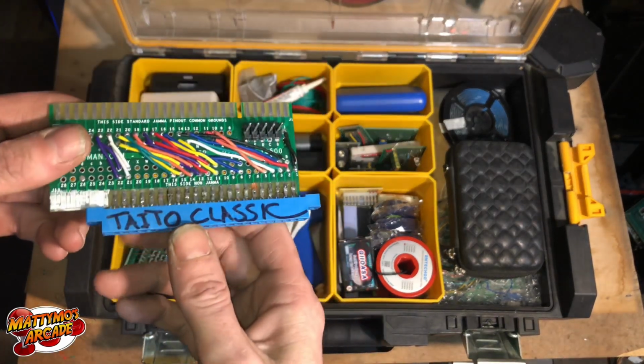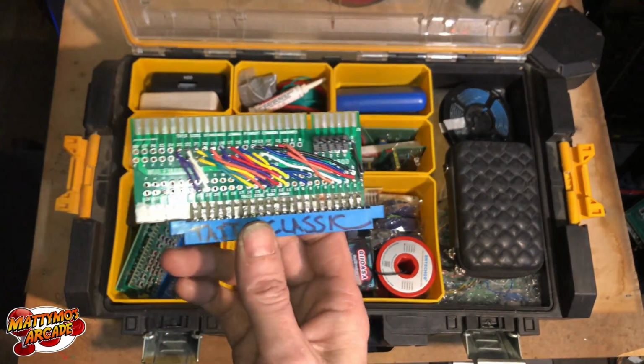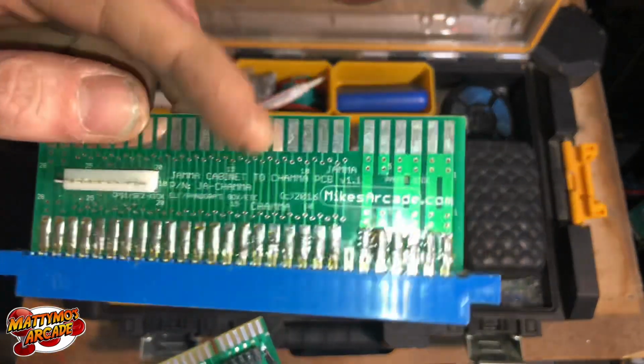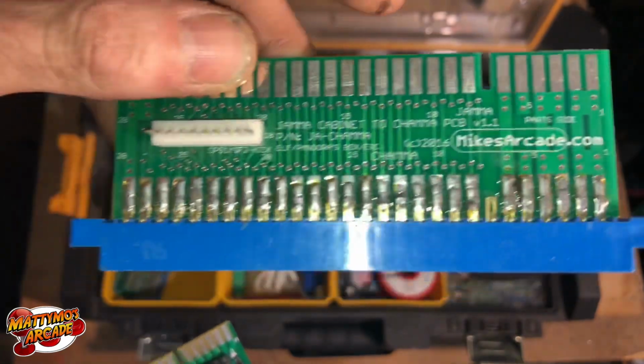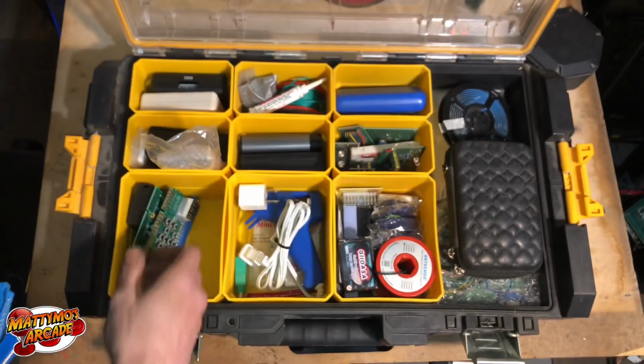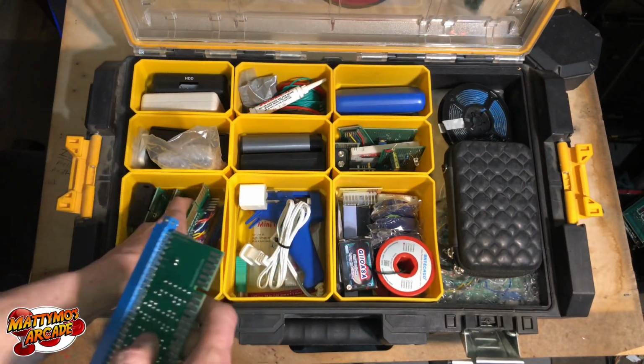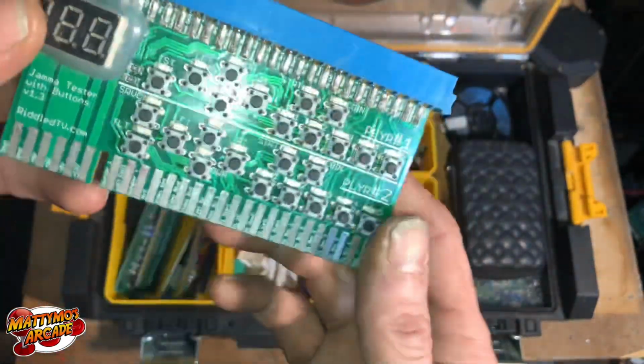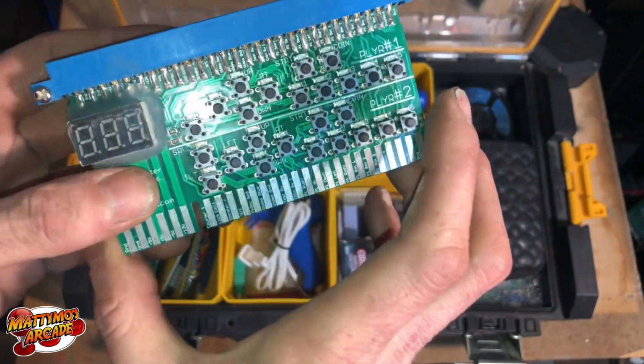This is one I made for the Elevator Action that I was testing. See, this one's the Jamma adapter from Mike's Arcade. This one's really cool here. This one is for your inputs. So it's kind of just a